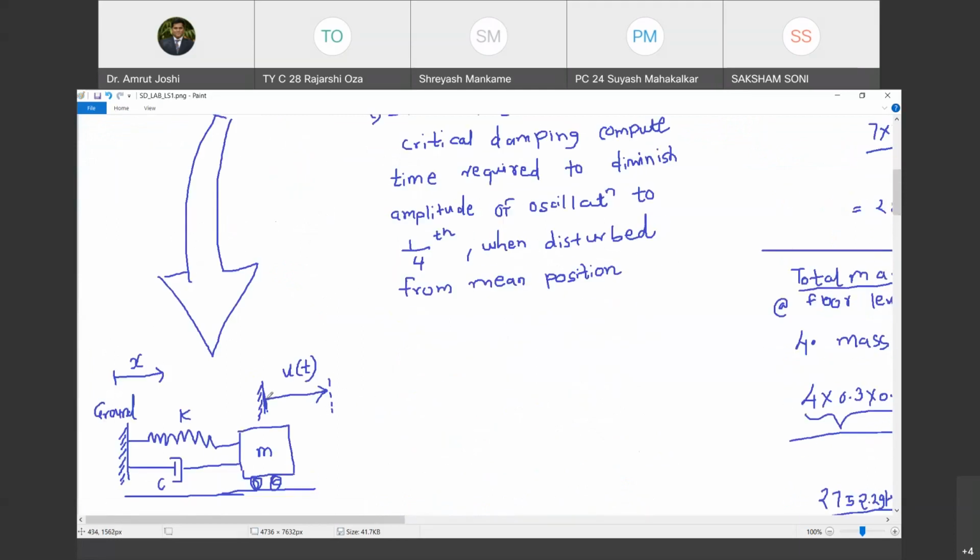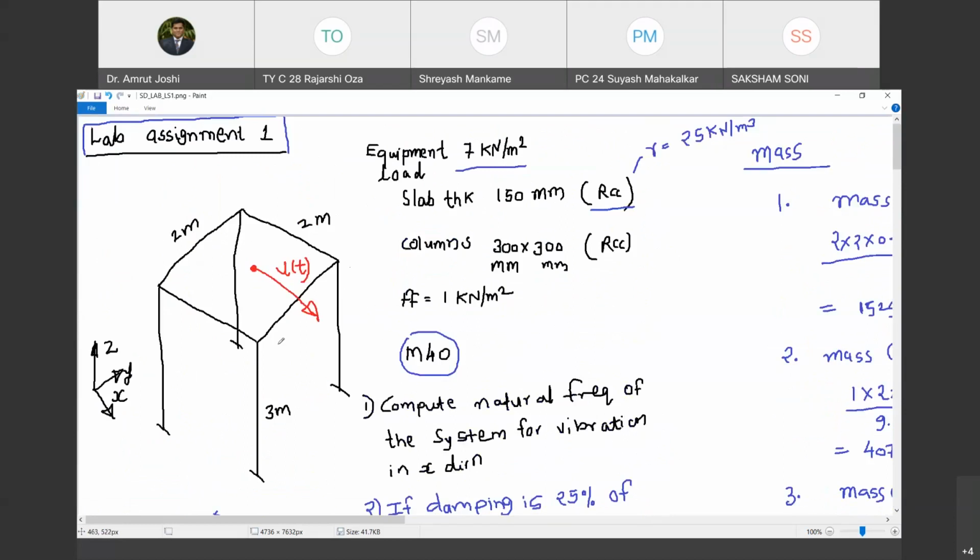What is degree of freedom? Degree of freedom associated with the mass element is the way in which the mass can displace. In general, there are 6 degrees of freedom. Mass can translate in x direction, y direction, z direction. It can rotate about x axis, y axis, and z axis. So in general, there are 6 degrees of freedom for any mass. But in this particular case, we are allowing the mass to move only in one direction, that too translatory motion along x. Therefore, we call this system a single degree of freedom system.